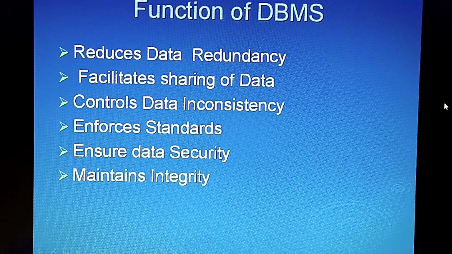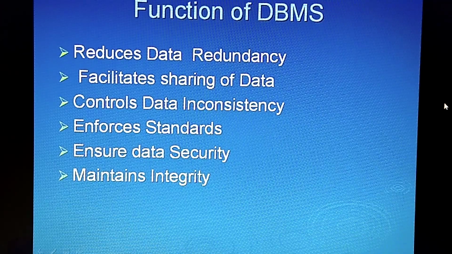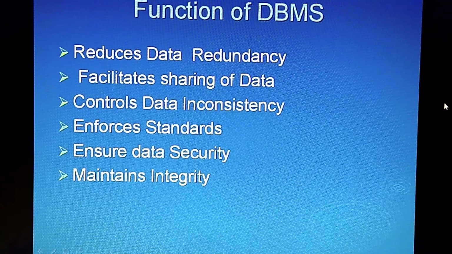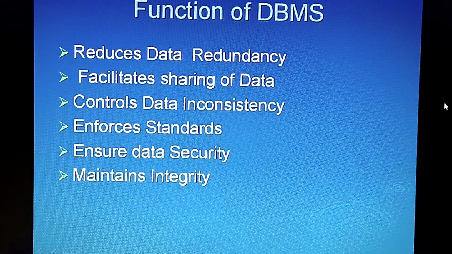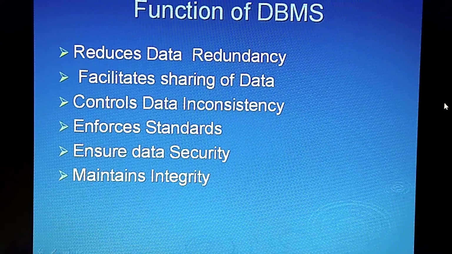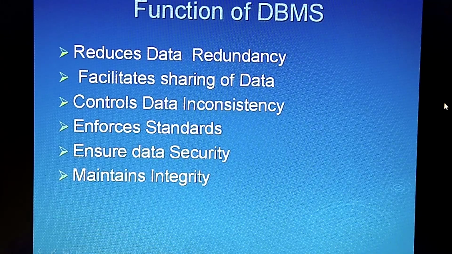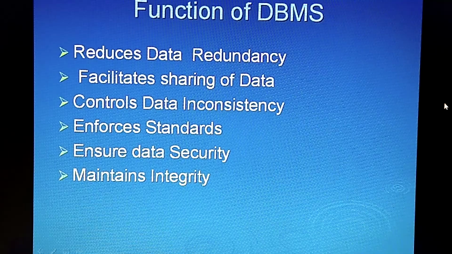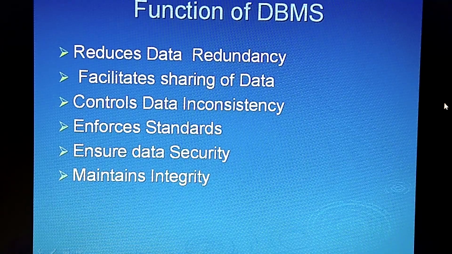You have given an application to the office for changing your address in the school. So office has changed, but the related table which is there with the class teacher has not been updated. So what will happen? The class teacher will continue with the old records. So this is called the data inconsistency.